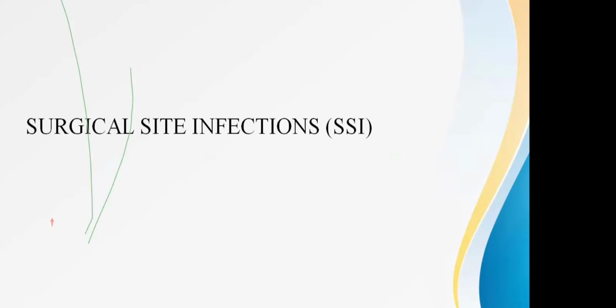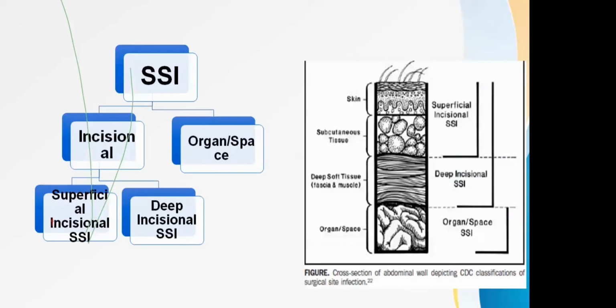This is a very tricky one and a very favorite of mine. Why? Because many a times this is misdiagnosed, overdiagnosed, and at times not even diagnosed. I think 90% of the microbiologists face challenge in picking up surveillance of surgical site infections. Broadly we classify it as incisional and organ space. Incisional is further divided into superficial and deep incisional surgical site infections.